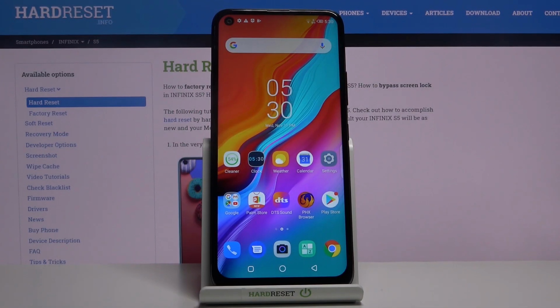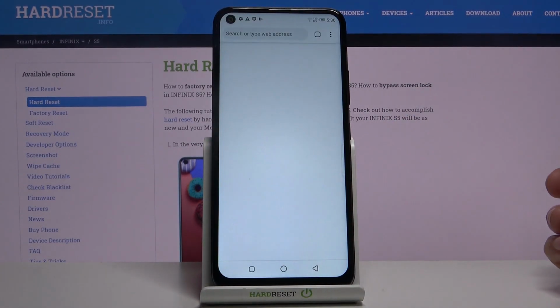Here I have INFINIX S5, and today I'm going to show you how to clear browsing data on this device. So first of all, you have to open the browser which you use normally,